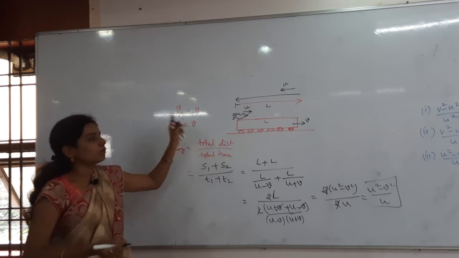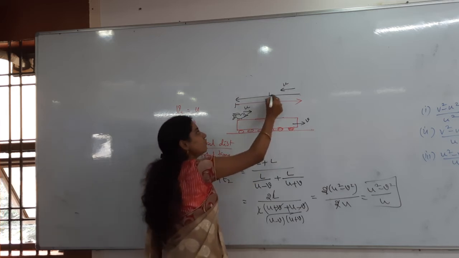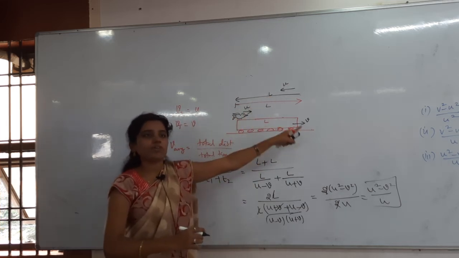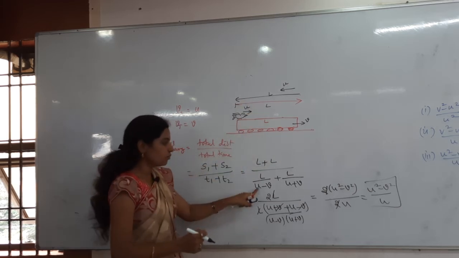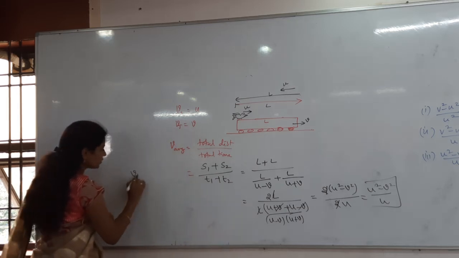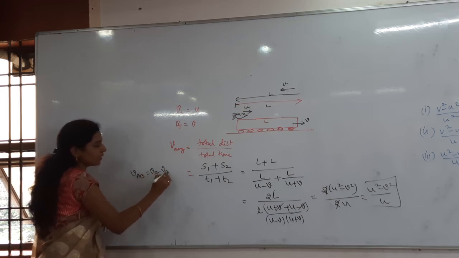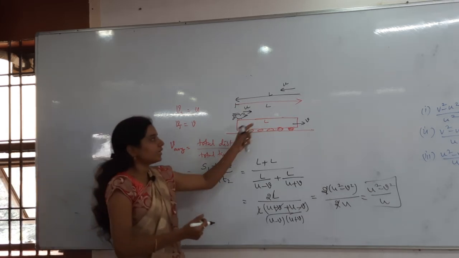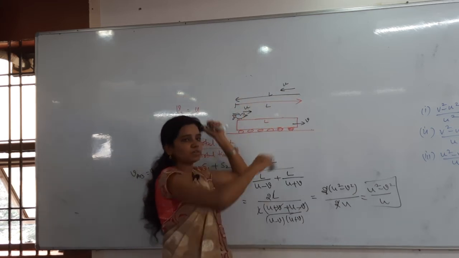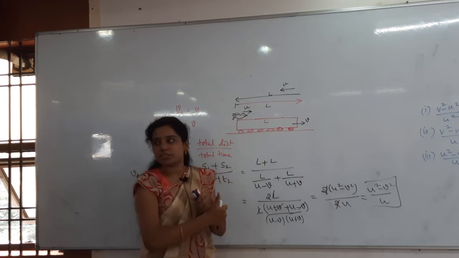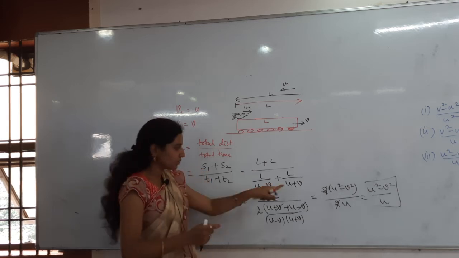So once it is going to and fro, going forward, how much distance? L distance. Coming backward, how much distance? L distance. While going forward, both are in the same direction, so what is the relative velocity? U minus V. VAB is equal to, in the first case, whenever both are moving in the same direction, the formula we got is VA minus VB. Next, while coming backwards, the bird is flying towards the left side, the train is moving towards the right side. They are receding from each other. At that time, what is the relative velocity you will get? Sum of the velocities only, no? Plus you will get. So that plus I have got.